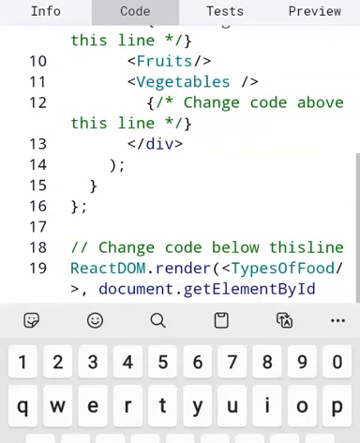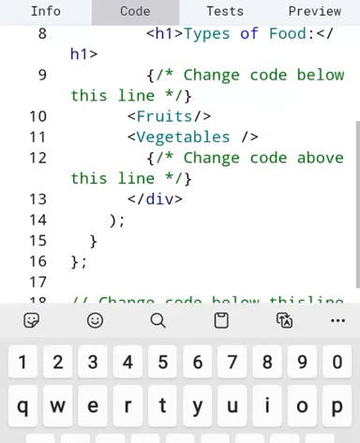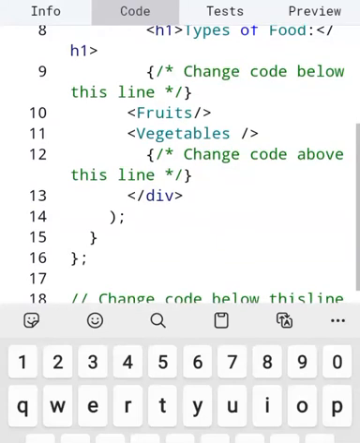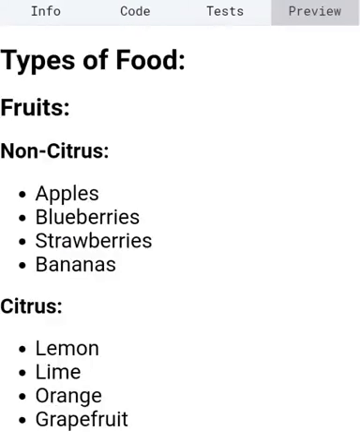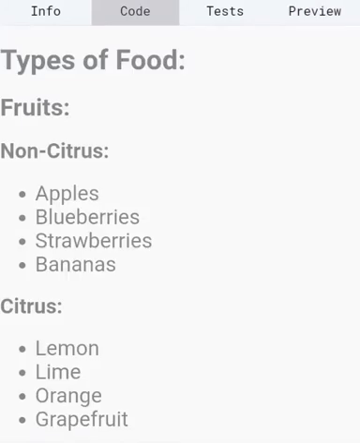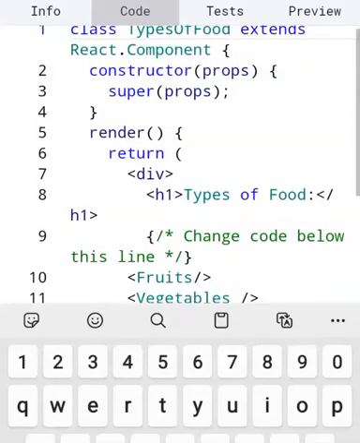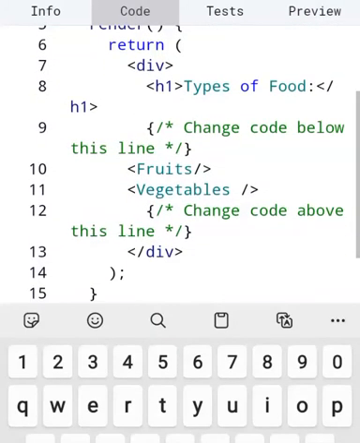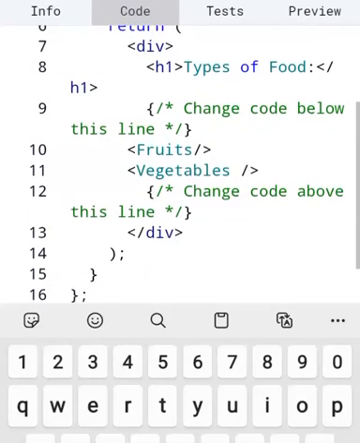So let's hide them just to test it out and show you what happens. If you don't write the fruits and vegetables, you can't see them. You've already seen in the beginning that if I don't render to the DOM, you don't see anything on the screen. And if you also hide the two child components, you still cannot see anything. So that's what I'm trying to say: you need to do both.